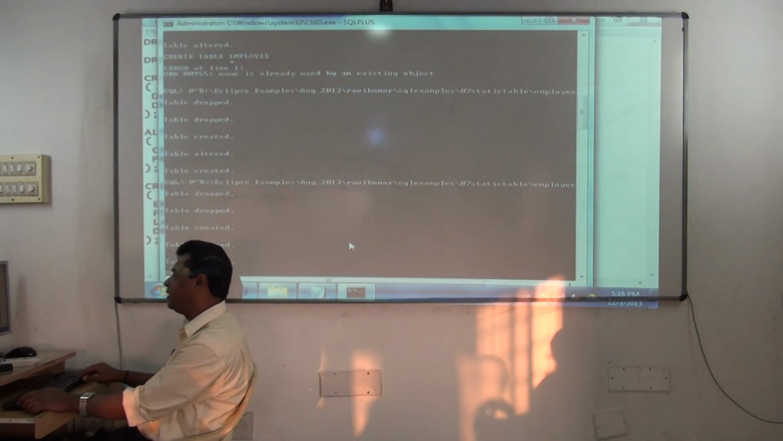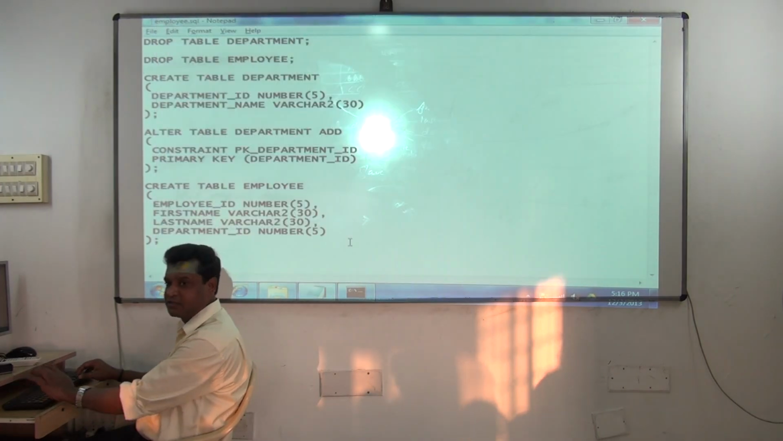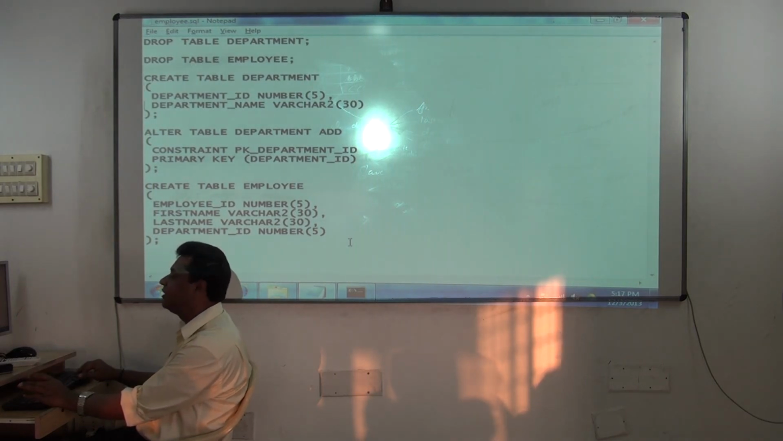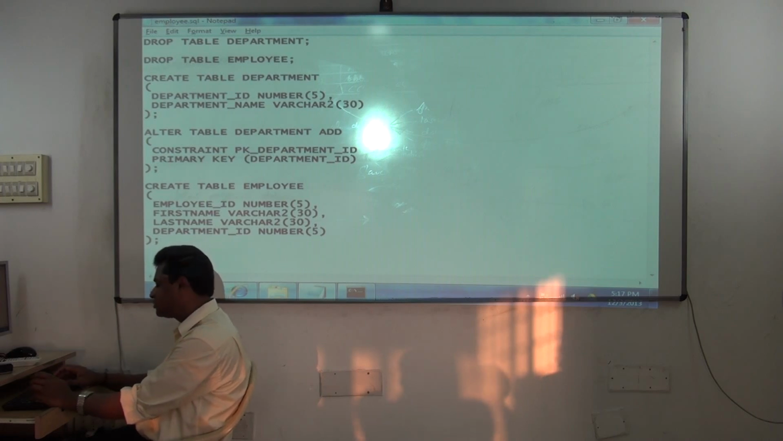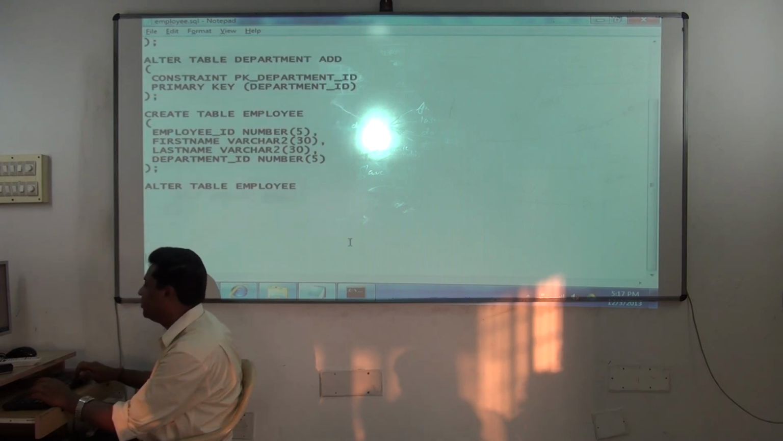See, table drop created, table drop created, table drop created, no issue. But once they are related, then you start facing the problem. Anyway, right now it works. Keep it like that itself. So after creating the employee table, what you have to do? You have to add two constraints this time. What are the two constraints? One is primary key, other one is foreign key. So alter table employee, alter table employee, next what? Add